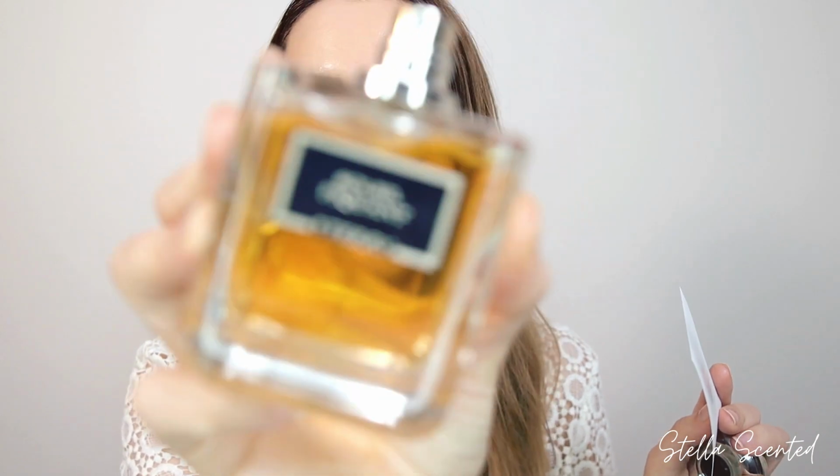Huge bottle, and it also came with a 10 ml travel spray. This one is really soapy. I forgot to say, this is Soleil Piquant. And I like the word Soleil and I like the word piquant, so I imagined a spicy sunshine, but